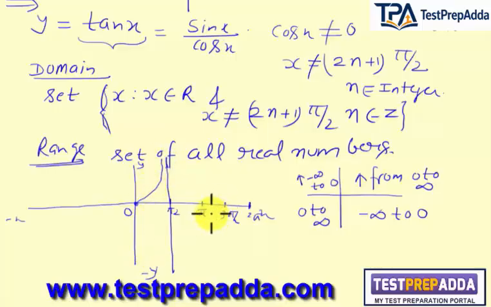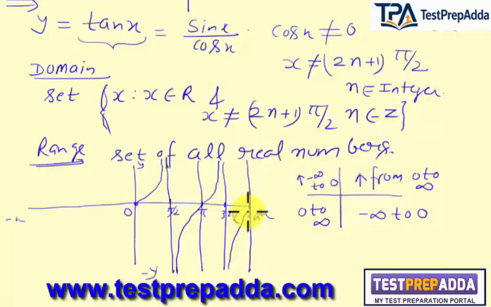Okay, now from pi by 2 to pi, it is minus infinity to 0. So again we will draw this. Minus infinity is here, minus infinity to 0. So the graph will go like this. Then in the third quadrant, it is 0 to infinity. 0 to infinity means this. Now in the fourth quadrant, minus infinity to 0. Okay, now if I extend this side,